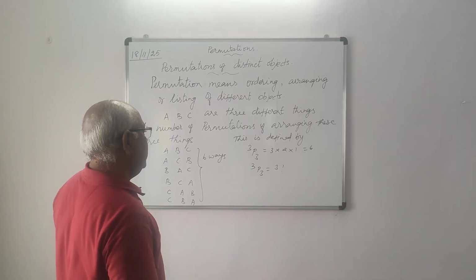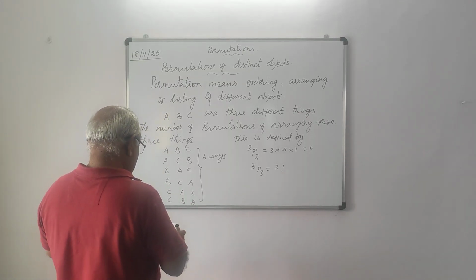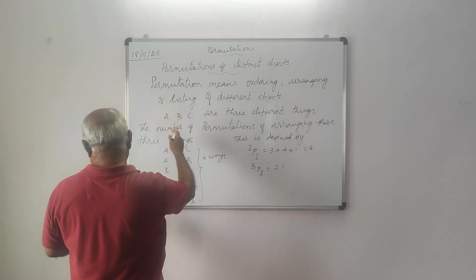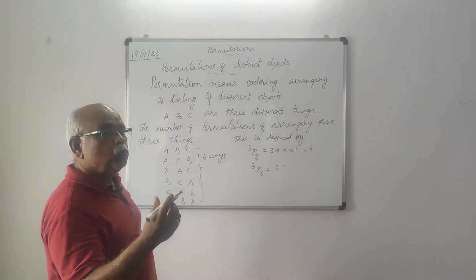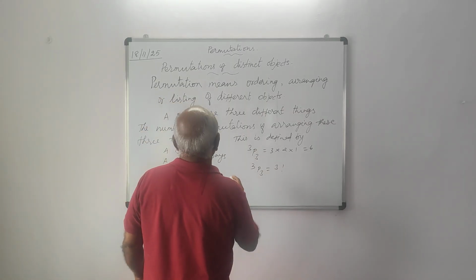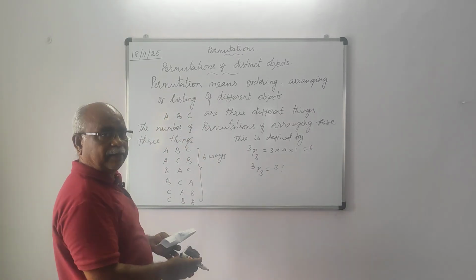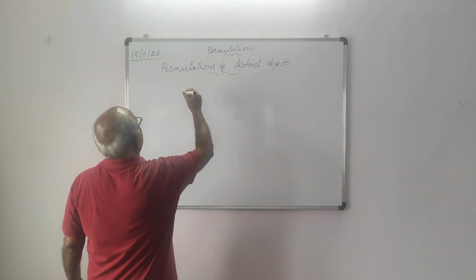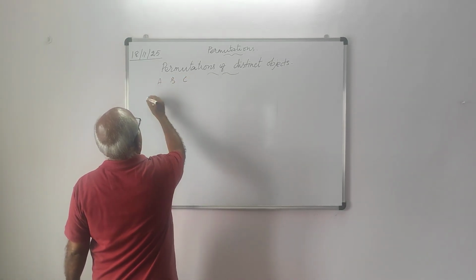And similarly, now 4 things: out of 4 things, how can you arrange 2 things at a time, arranging 2 things out of 4 given different things. You will see now, okay? Now, out of these 3 things A, B, C, the number of permutations of